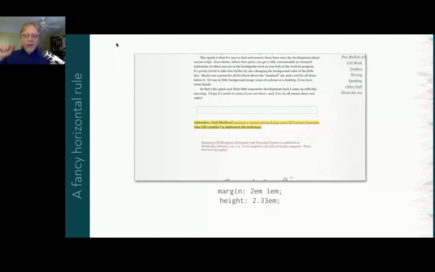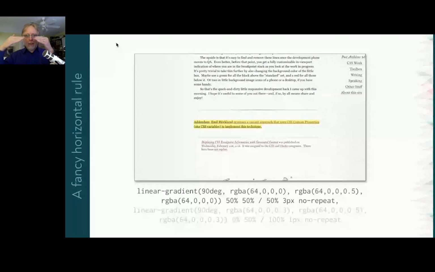But now I can put a thicker one on top of it, which fades out more quickly. So the effect should be visually that not only does this fade out towards the center, but it's thicker in the center and it gets thinner. So this is a visual illusion, right? It's a 3 pixel thick gradient on top of a 1 pixel thick gradient, but the 3 pixel thick gradient fades out here and the 1 pixel fades out here, right? That's how that's created. And I could have stopped there.